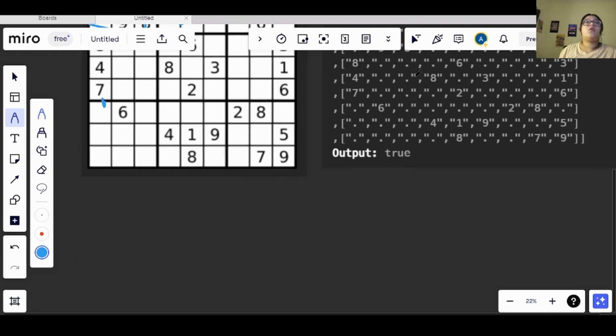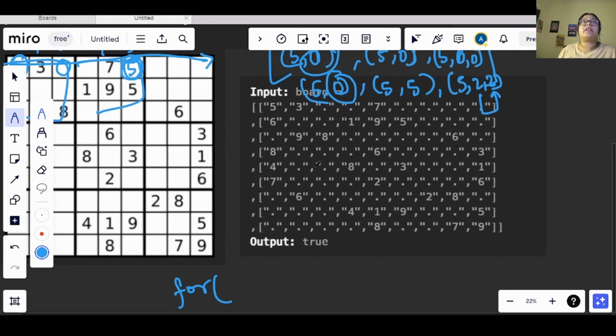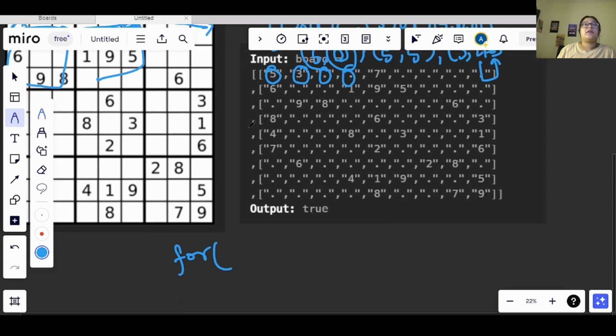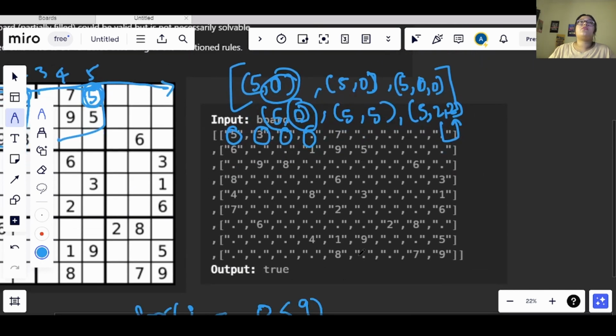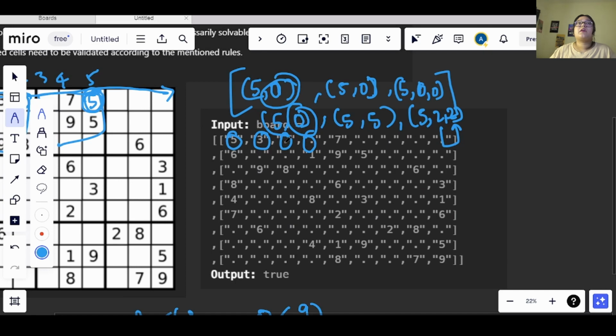Now if we go through this entire row, the input that we will be getting is in this way. The numbers will be in the form of a string, and wherever we have a dot, that means it is an empty space. We need to keep this in mind. We will be iterating till less than 9, because we know it will be a 9 by 9 matrix. So we will have i and j here, which will also start from 0 and go till less than 9.